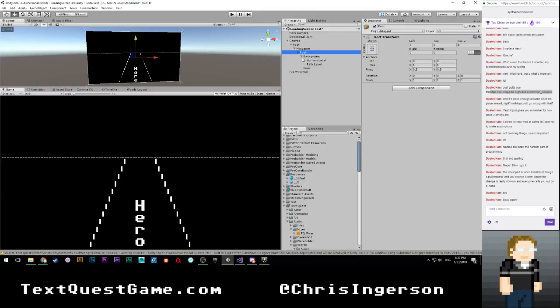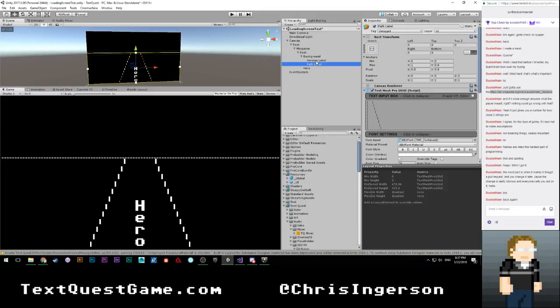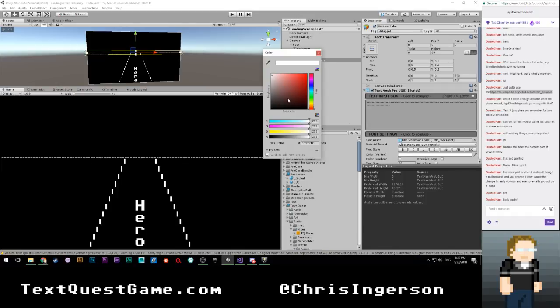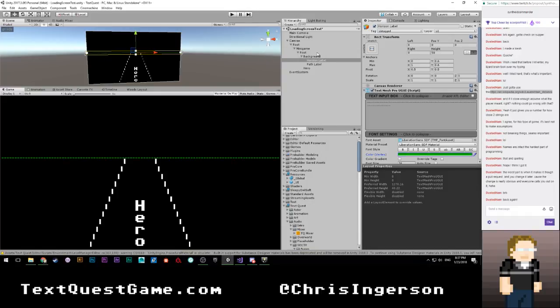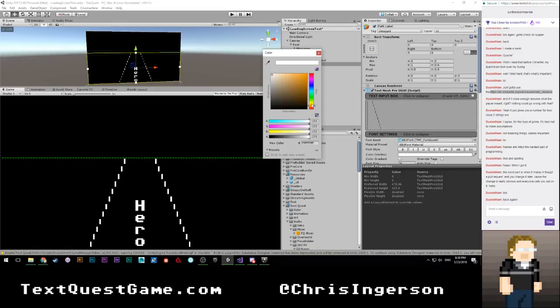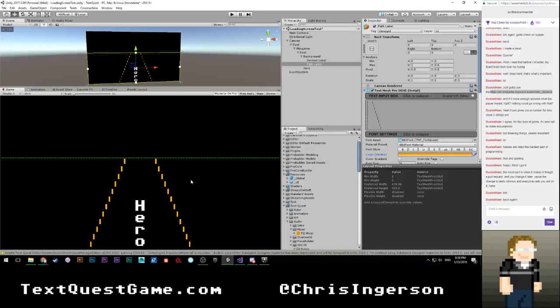Oh, and actually, you know what? While we're here, we might as well colorize these things. So let's go ahead and make... I'm not sure if I want to do... Yeah, we'll go ahead and make these color for now. I don't know if we're going to want to make these monochrome later, so it's just white, and the player is the only one that gets to be a special color, but I think it's fine to colorize these for now. So go ahead and make these a yellowish, like that. All right, so we're starting to look like some woods,